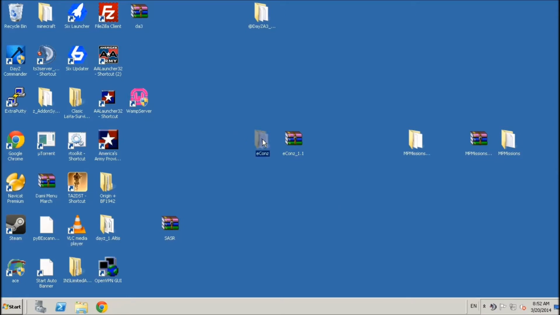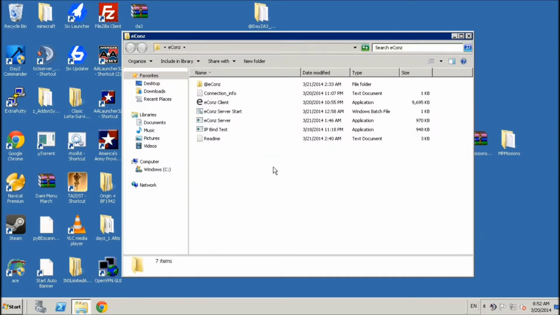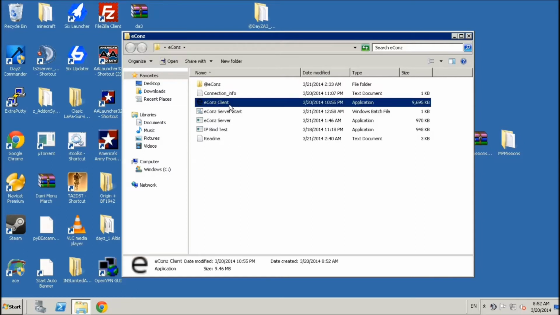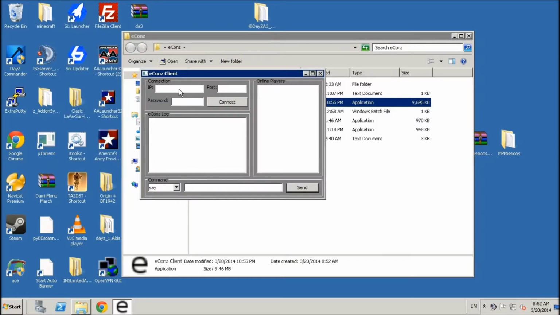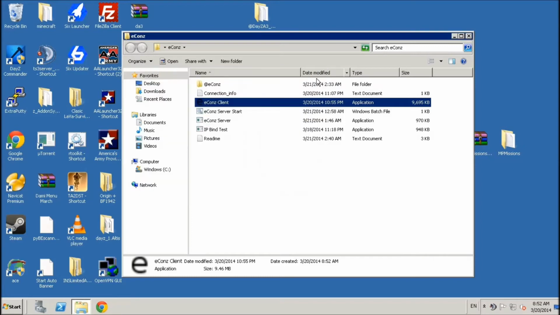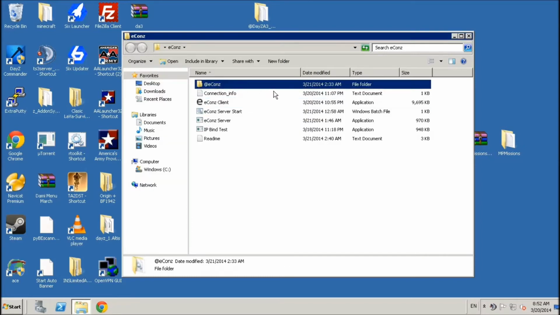So if you open up the folder, you'll see that as opposed to the previous version, there is actually now a GUI client. This works basically the same as the text client. It's just a little bit more smooth. Still a few features to go in here, but to actually install eConz, what you need to do first